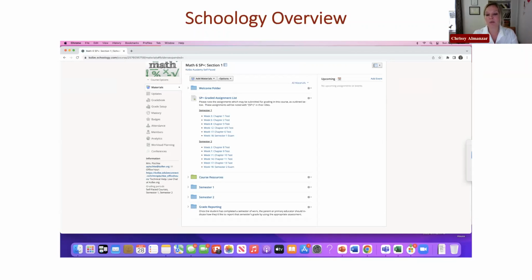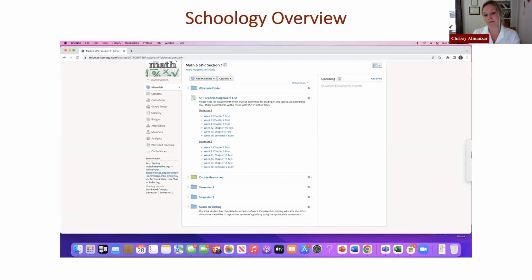As the parent, when you come to the end of semester one and it's time to submit that semester's grades, you can decide, do I want the teacher to submit the grade for me? Look at the grade in the gradebook and decide, do I feel like this is reflective of the work my student's done this year? Not only the work that the teacher has seen, but also the work that I as a parent have seen. And if I say yes, the grade does reflect the grade I believe my student has earned, then